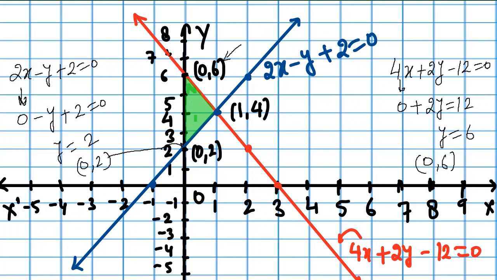The solution of this equation is x equal to 1 and y equal to 4. This is the unique solution, they are intersecting once. One thing I want to tell you: only in case of a unique solution do we find the exact answer, but in case of no solution we cannot find any answer. In case of infinitely many solutions we found the answer, but there are infinitely many solutions, so we got coincident lines.